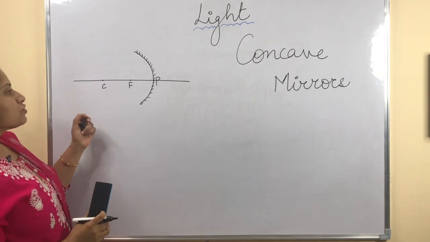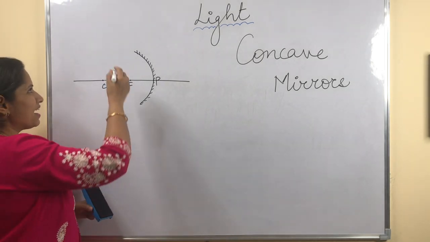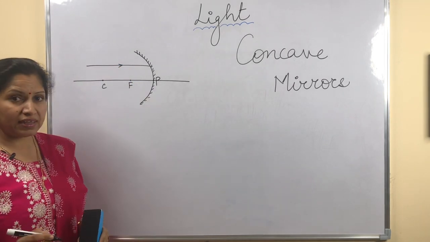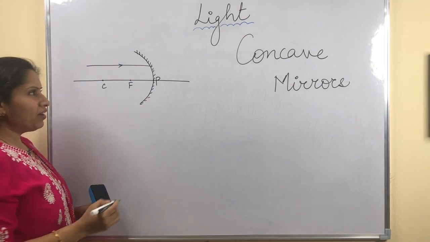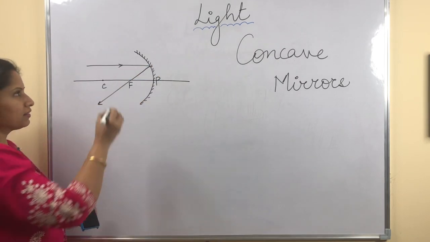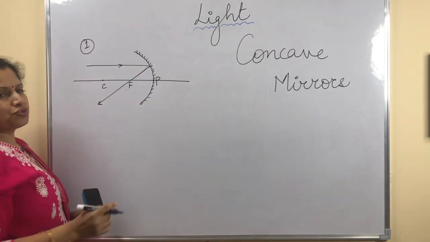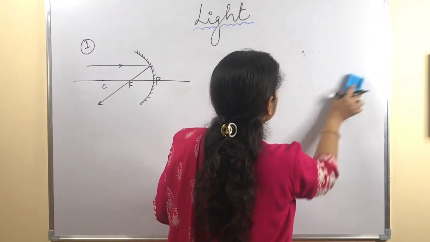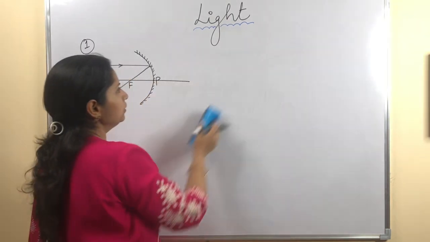Okay. So, the first rule says that if a ray of light is coming parallel to the principal axis, then after getting reflected from the mirror, it will pass through the focus. This is the first rule to draw the ray diagrams. Okay, I hope that's very simple. Now, the second rule